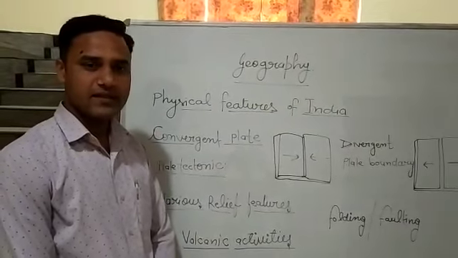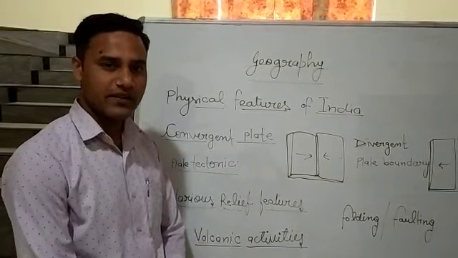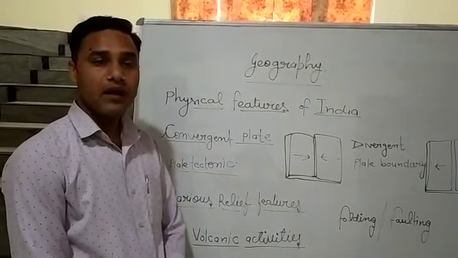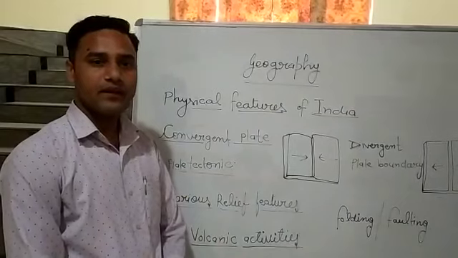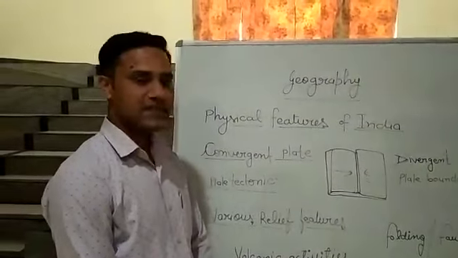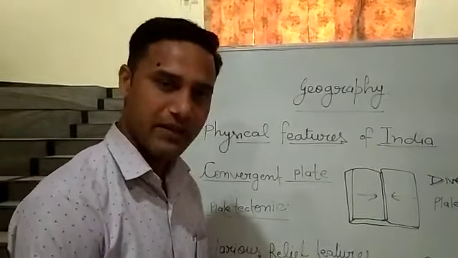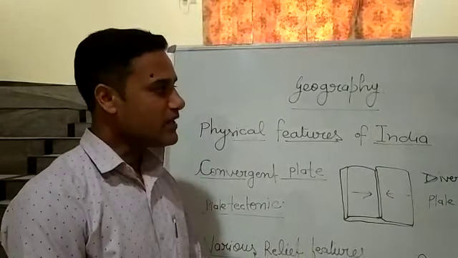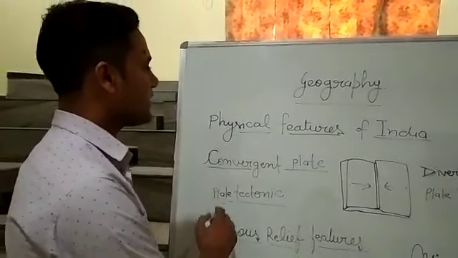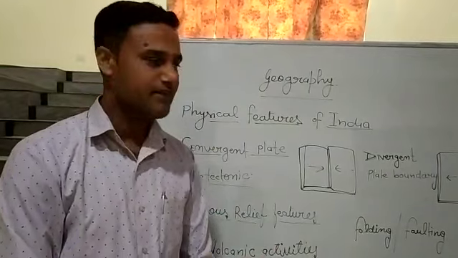We have discussed in the previous chapter in class 9th geography India's size and location. India is the 7th largest country in area in the world. There are 6 major countries we discussed. India is lying in the northern hemisphere. We have discussed the latitudinal and longitudinal extent of India in the previous chapter. Now in chapter 2, physical features of India, we are going to discuss many more things.